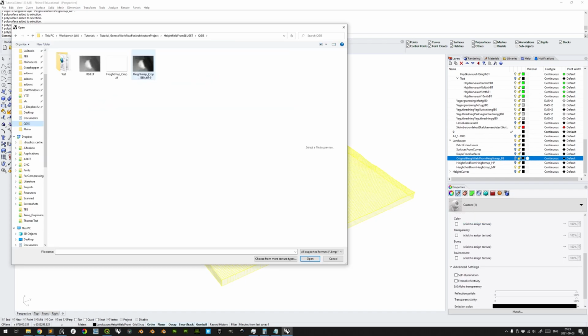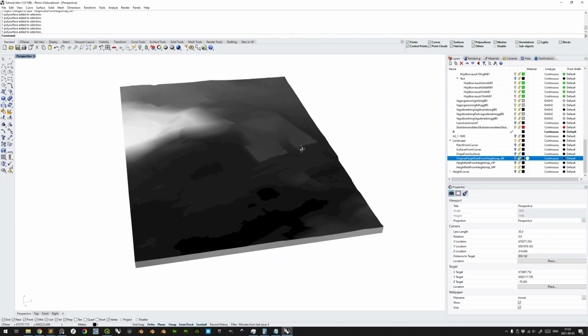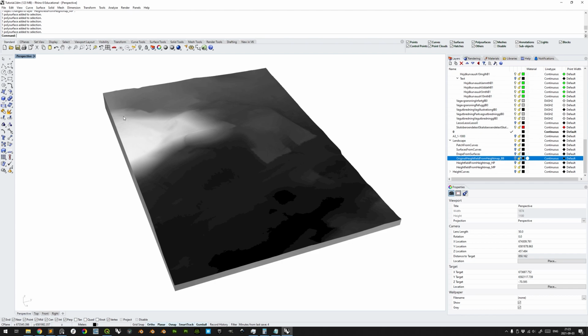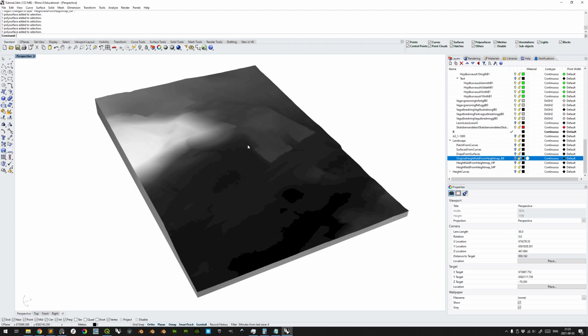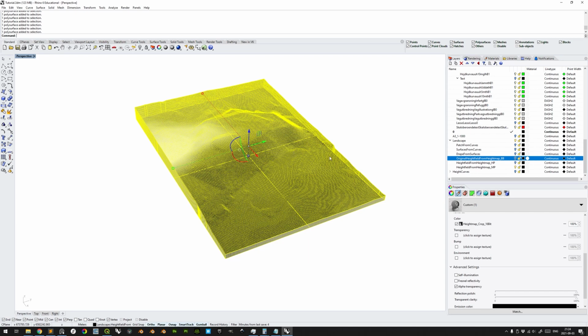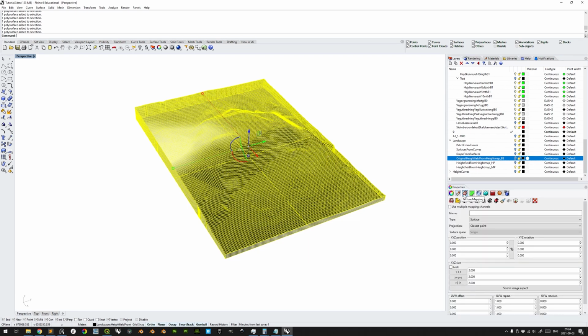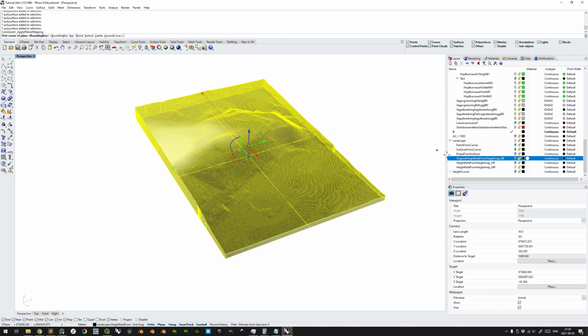As the color texture, assign your 16-bit heightmap. Here we can see that the texture is applied to the top surface here, but that the texture coordinates have been corrupted. This can be easily fixed by clicking on it to select it, go to the texture mapping tab, click apply planar mapping, and then